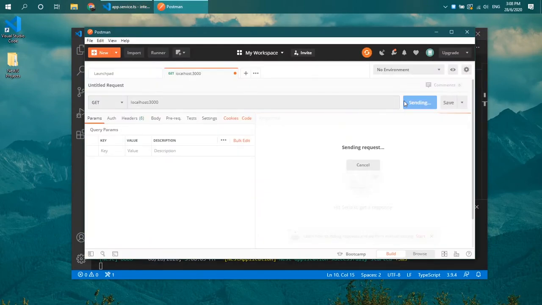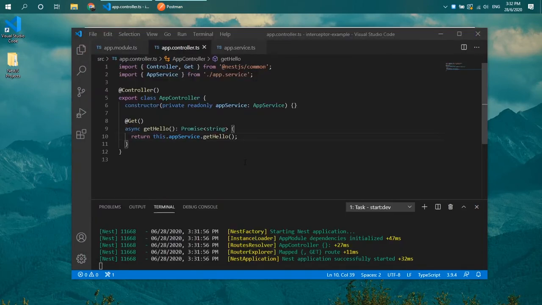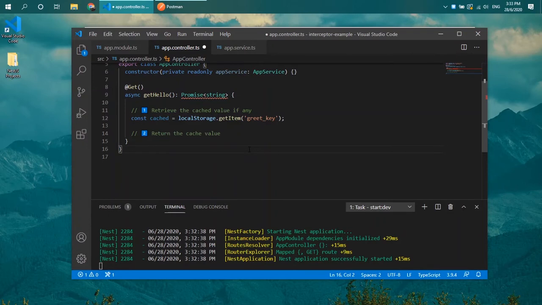Cache is pretty useful in most cases to help reduce hitting the database for the same result. Before anything else, let us clear our controller first. If you're familiar with caching, we will first check in our storage if we have anything with a certain key that we have defined. Now in this case, the key will be grid_key. After we have checked in our storage that we do in fact have the grid_key record, we will just return it